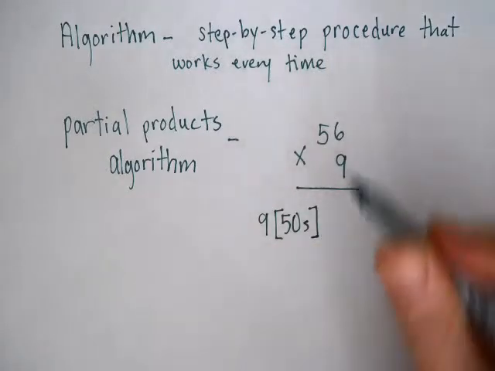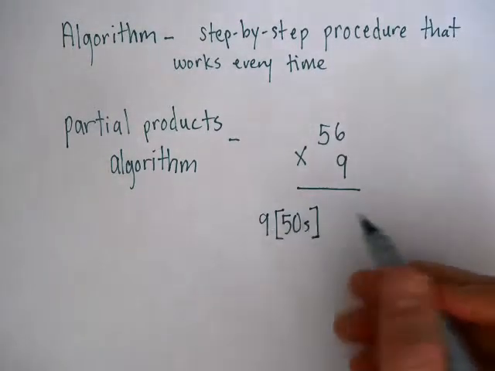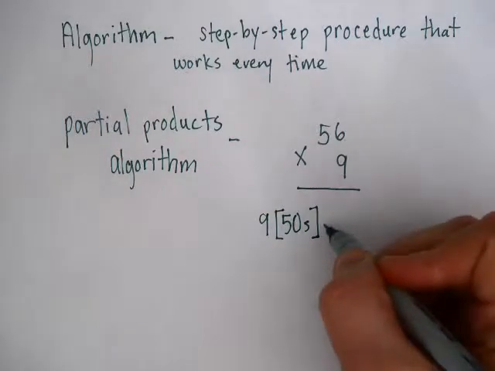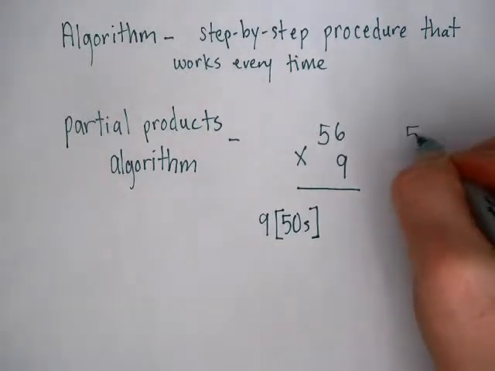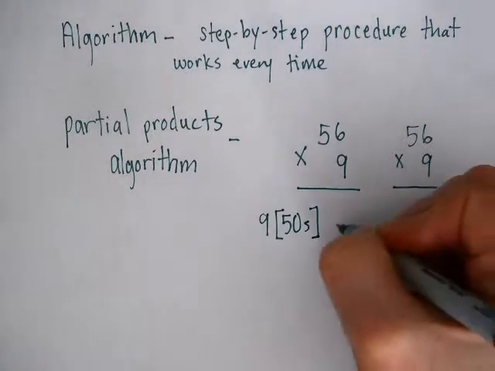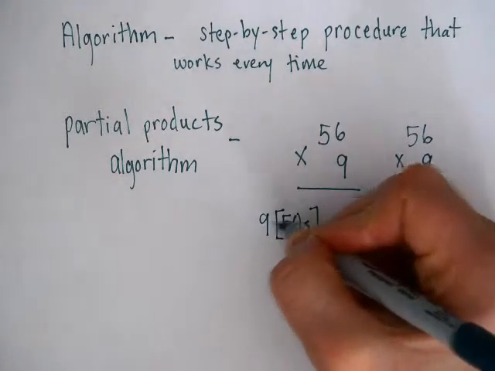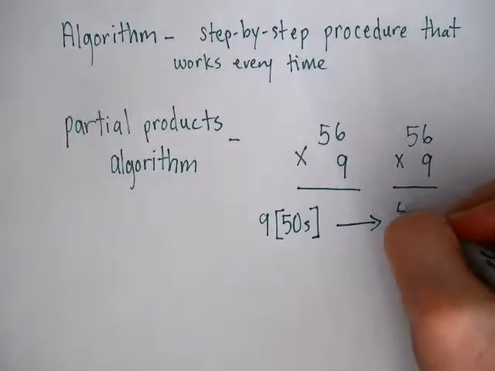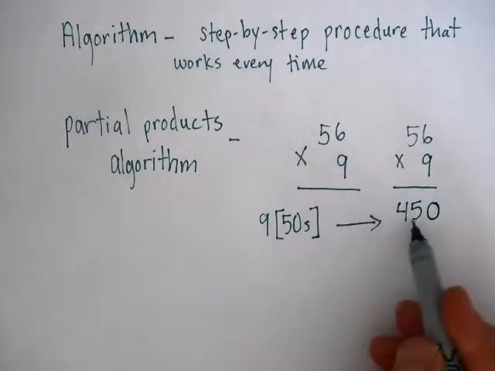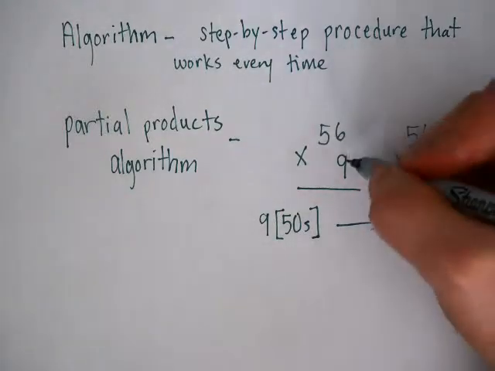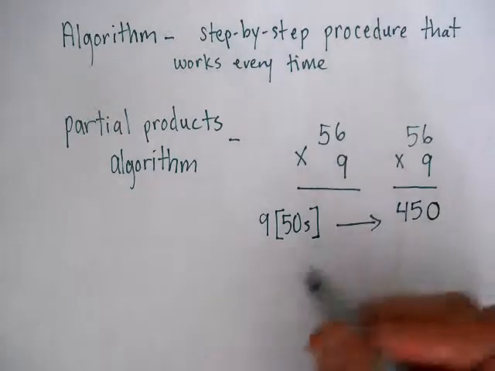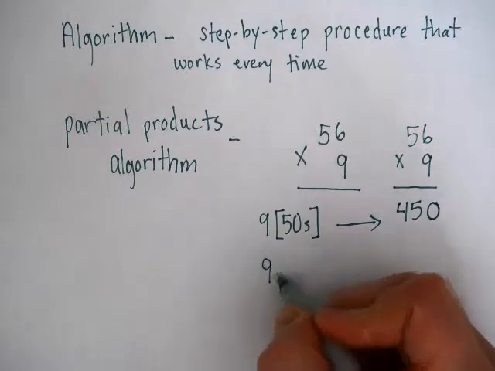Alright, and then I can use what I know about multiplication to set it up. And I'm going to set it up so that it's directly under here to be a little bit easier. 9 50s, 9 times 5 is 45, and then I add the 0. Okay, so 9 times 5 is 45, I add the 0. And then I still have to do 9 6s. Okay, so 9 6s